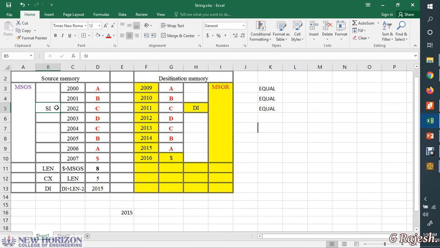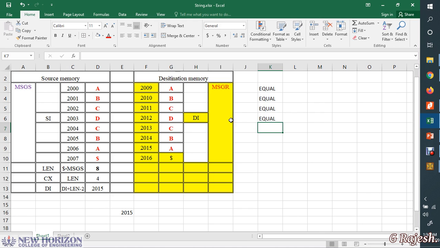Then SI is incremented by 1 and DI is incremented by 1 and Cx is decremented by 1. Okay, and since Cx is a non-zero value and the previous condition is also equal, D, the contents of SI, and the contents of DI, which is also D, both will get compared and we get equal